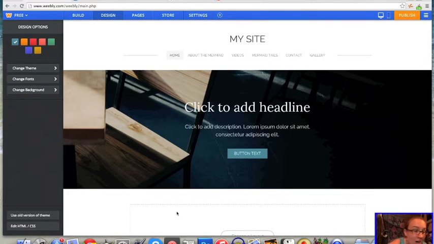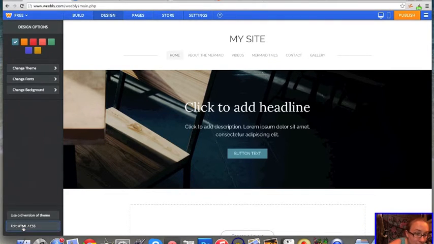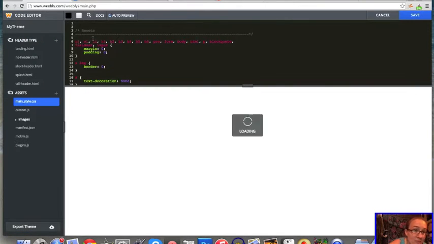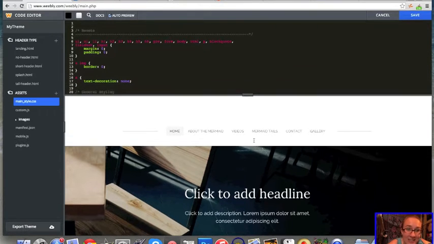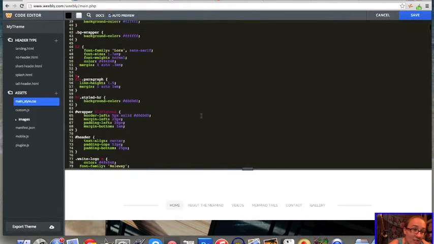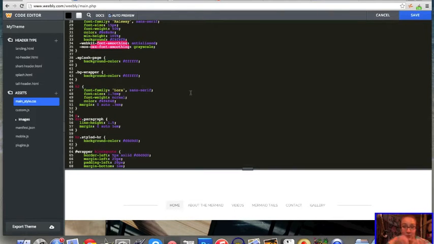If you've gone into Edit HTML, and for some of you, this is going to be like, oh my goodness, no, changing code, no. I love playing with this stuff, it's so much fun. If you've changed anything in here, for any of your style sheets, any of your header types, anything, it's going to disappear as soon as you change the main layout style. So if you know what it is you've changed and you want to copy and paste it into a plain text document, maybe make some notes to yourself on what you changed. If you're going to want to change it again on the next page, like if you've got a color scheme